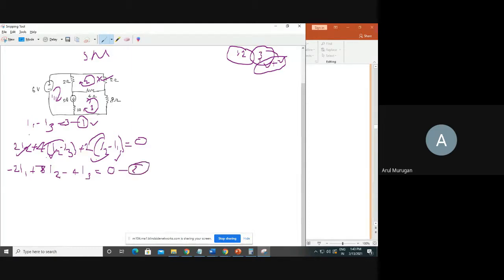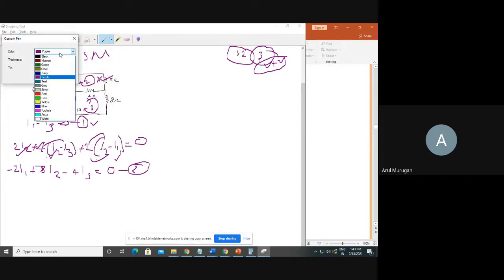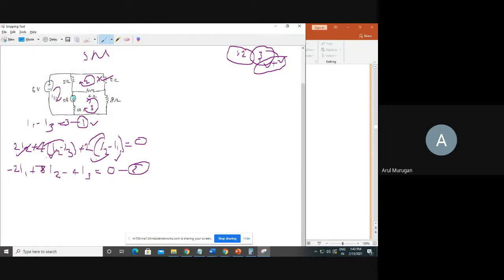The next one. This is a loop. In this loop, remove the current source, because the current source is there. So I want to open it, remove the current source. If the current source is removed, what will happen? It's an open circuit. You have already studied this. So the current source is removed, open circuit. That's all. Over. Current source is removed.